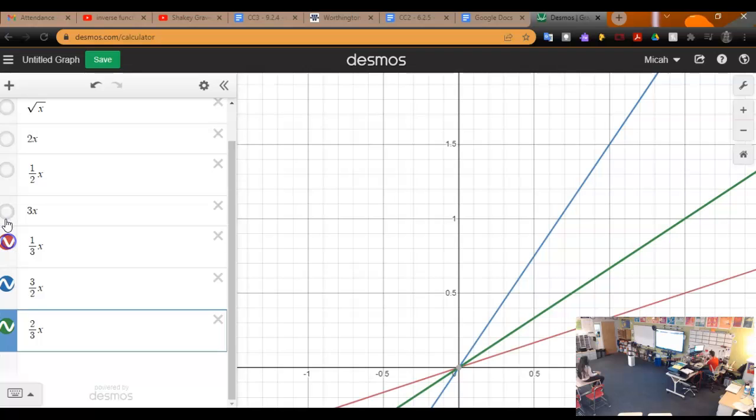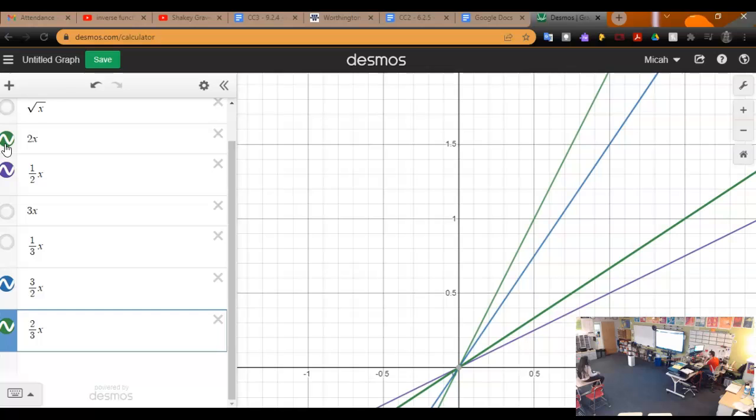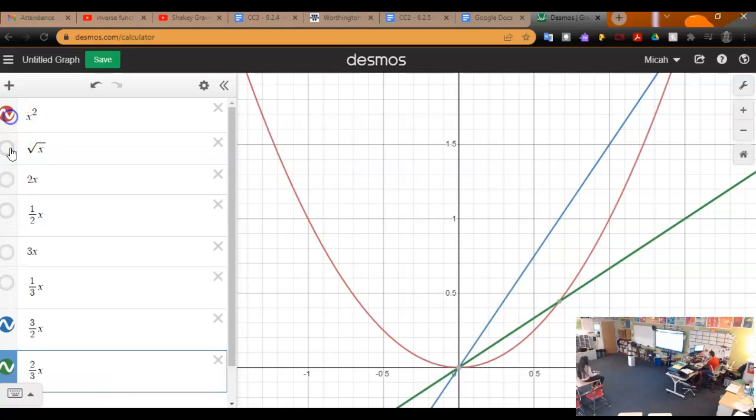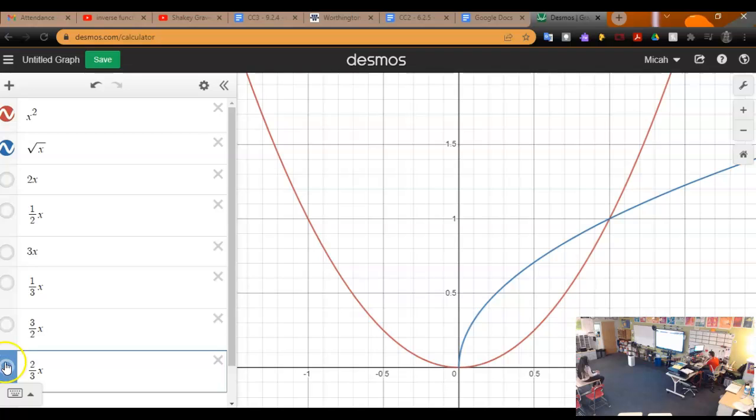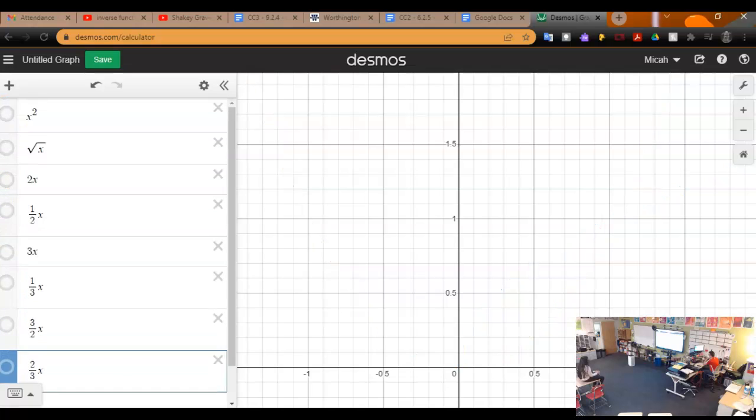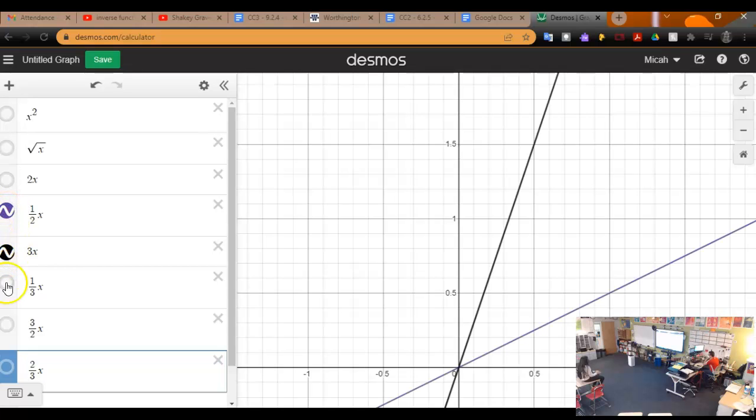Yeah, but can anyone generalize what all of these functions and their inverses have in common? They're just rotations of each other. Well, any line is just a rotation of any other line. That's true, if it's a straight line. Are they all rotated 90 degrees? They're not 90, we already said that. They're not perpendicular. They all intersect with each other.